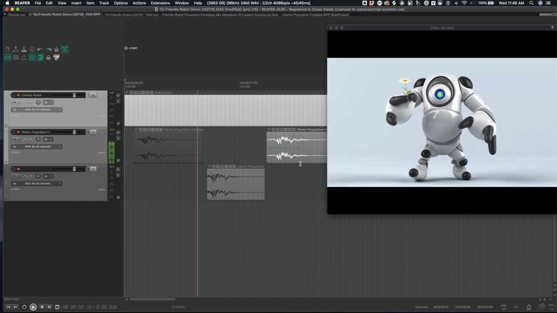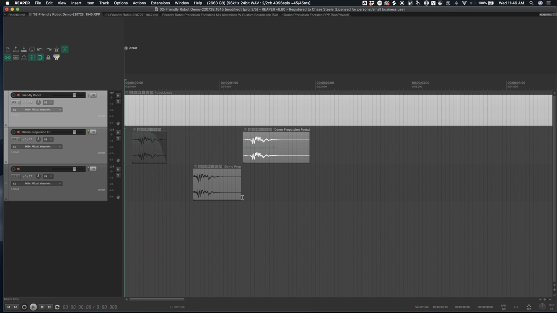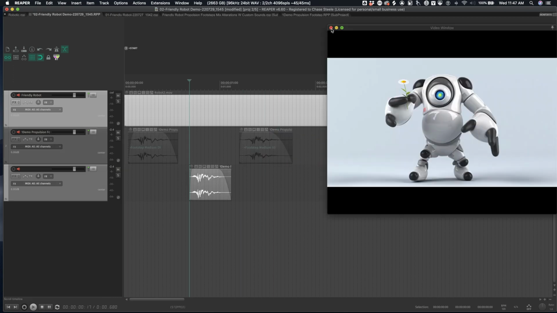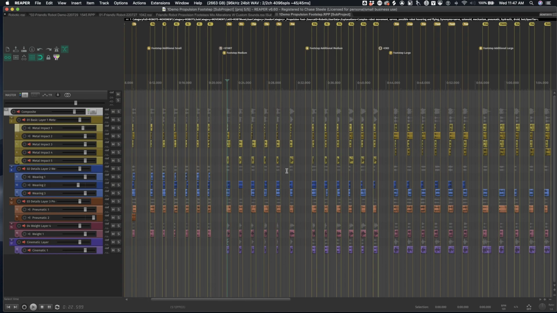All right, so not totally perfect, but again, the thing that's interesting is you could totally edit these media items, even though it's not an audio file reference necessarily. You can edit these like they were. So if I was trying to shorten them up or something, I could do that right here without even having to go back to the sub-project. And then also, guess what? If I go back into it, I can double click it, and here I am again.